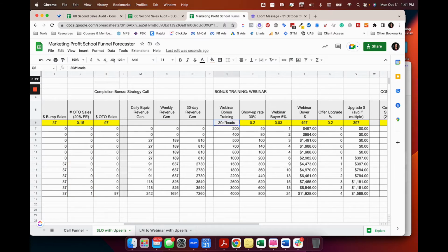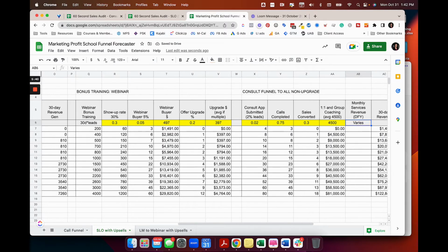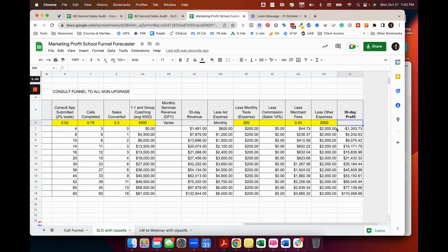And we're going to say that 30% show up to that webinar. So that's actually everybody that's a lead. Not just buyers, everybody that's a lead gets invited to the webinar. And let's say you get this up to 5% conversion. We'll leave that at 20. We'll leave all these others the same. That still puts you at a loss at $20, but it really increases your profit as you move down into